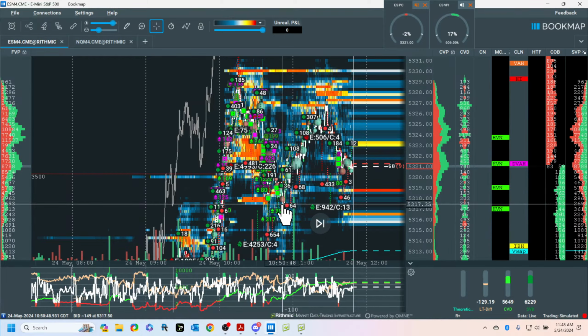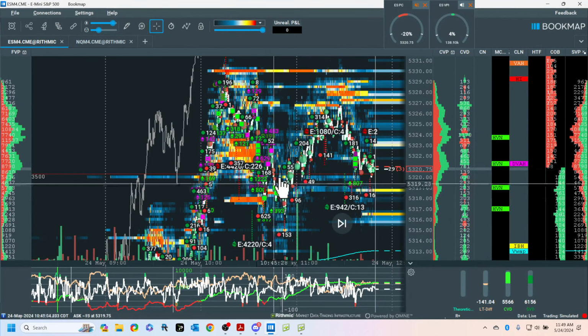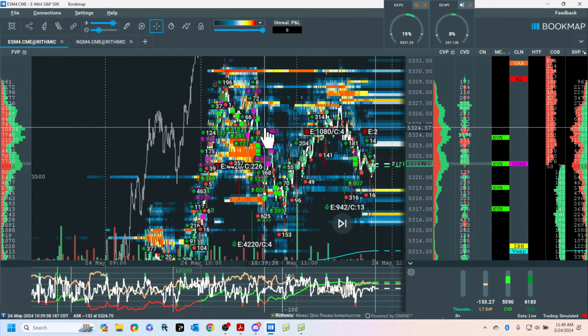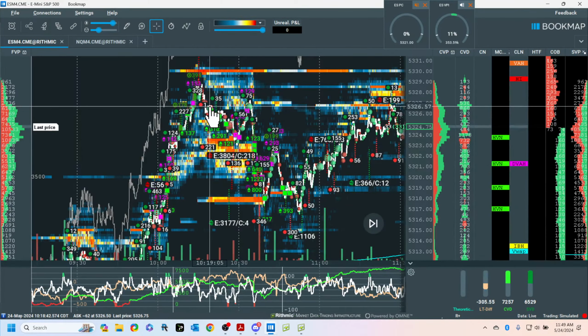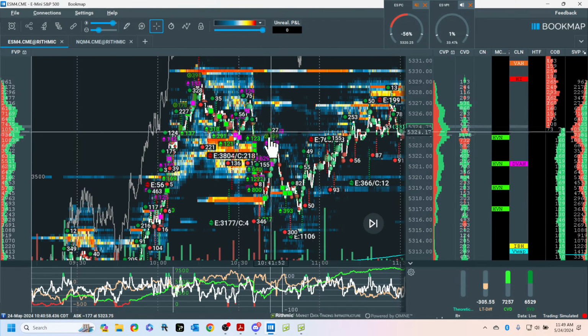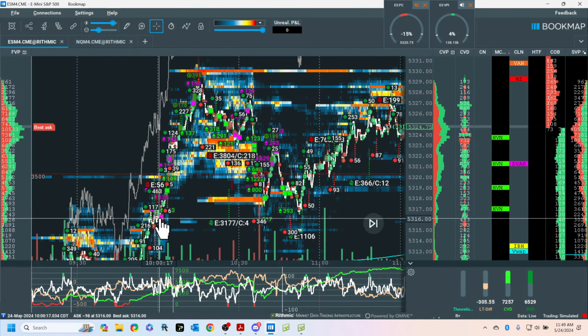It was the guys on the floor who used to pick your pocket. Now it's the algos. It's just a technological version of the locals, however you want to visualize it. So I was always trying to predict because I thought that's what we were supposed to do. And the fact is, you can't predict anything. So if the casinos can't predict the outcome of the next hand, because the cards are random coming out of the deck and the gamblers play the cards randomly, the only thing they can do is come up with a process or a game that has an edge, and you need to define your game.